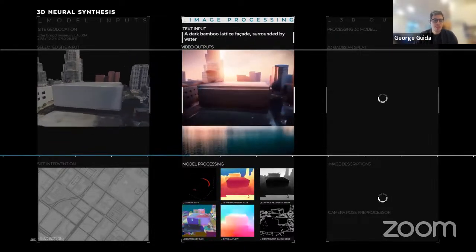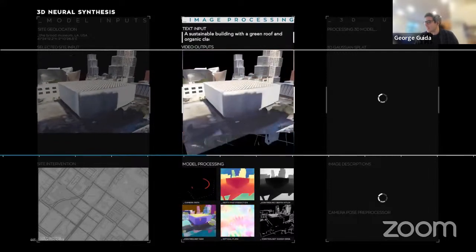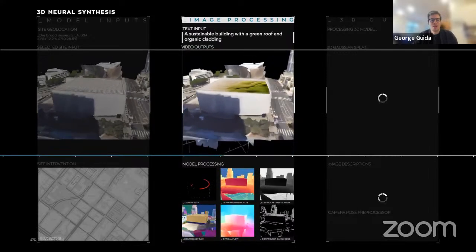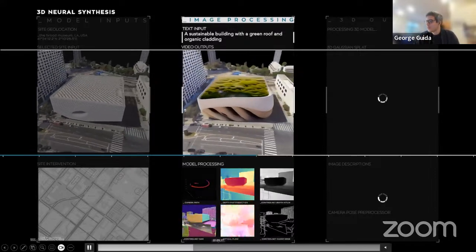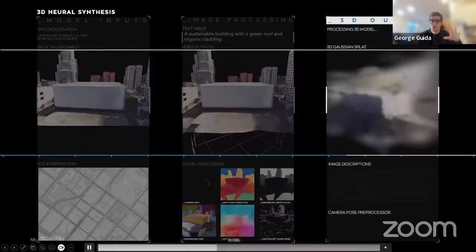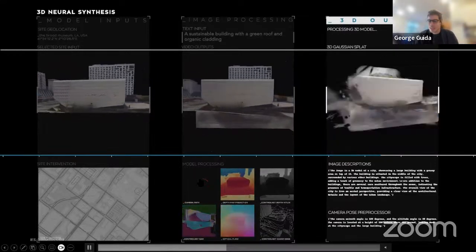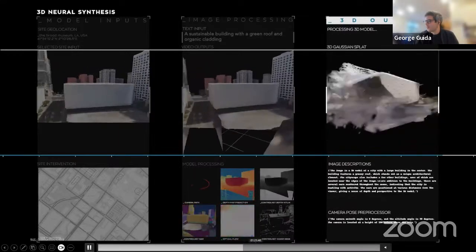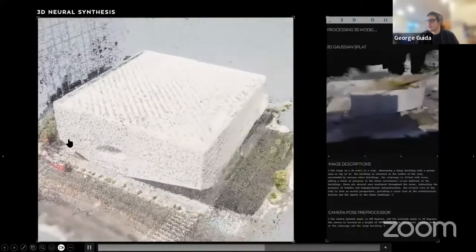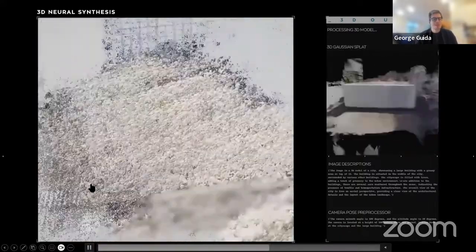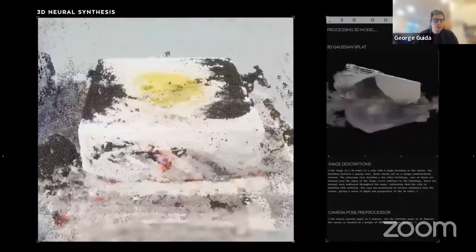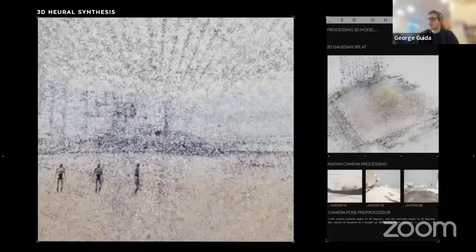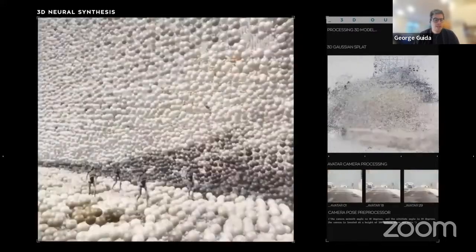And so these are just some examples of really showing what happens under the hood with all these models: the pre-processing, the Canny models, the segmentation. We use a lot of these to really try to make sure that final 3D output was as high-res as possible. So we're scanning that site, we have those camera locations, and then we're recomposing this into a 3D edited form. And so we went from the original, this is the Prod Museum, it's more of a speculative project. We're looking into applying this to embodied carbon issues, how we can reimagine our cities and democratize that process.